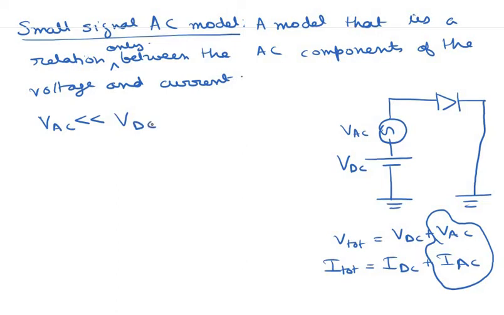Okay, which is generally the case because let us say AC components of the signals are basically those signals which are coming from air, which are basically electromagnetic signals that our antenna catches, or the electromagnetic signals that are basically processed at amplifying stations. So these signals are generally electromagnetic signals which come from the air or which travel through the air, and the amplitude of this AC signal is typically very small.